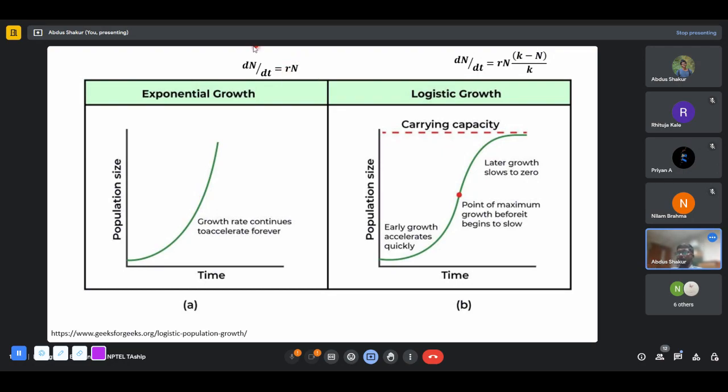So no need to worry about the equation as such. Basically here you're not constrained by anything. You have all the resources, either it could be food, it could be space, it could be mates when you're talking about species. So you are not constrained by anything, so you just grow exponentially. But that's not how